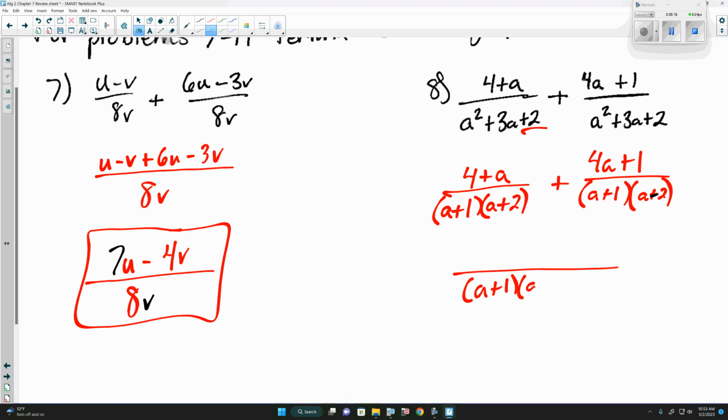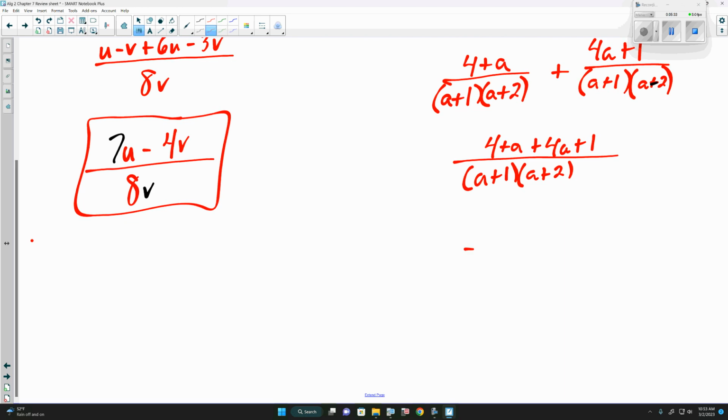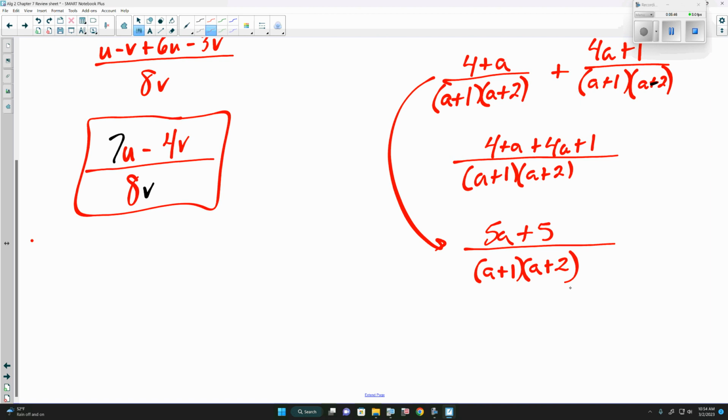Since the denominators are the same, we can add the numerators. Now, since we are using addition, we don't need the parentheses because there's not going to be a sign change. Now, at this point here, if you'd already gone from, say, here to down here, saying 4a plus a is 5a, 4 plus 1 is 5, that's fine. If you had it as 5 plus 5a, same thing, 5 plus 5a, and 5a plus 5